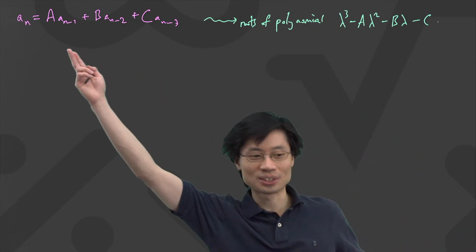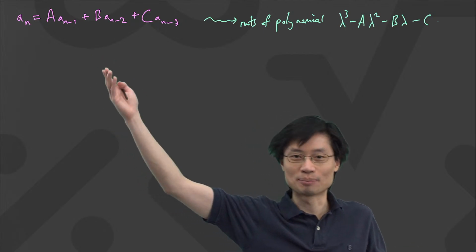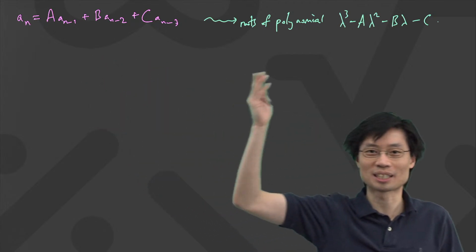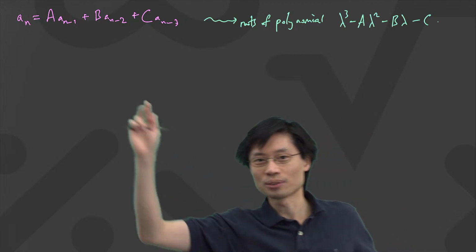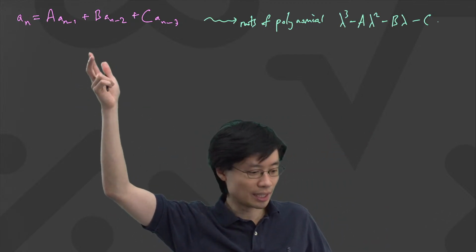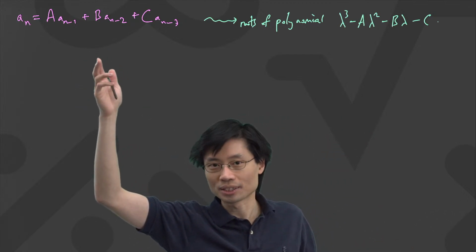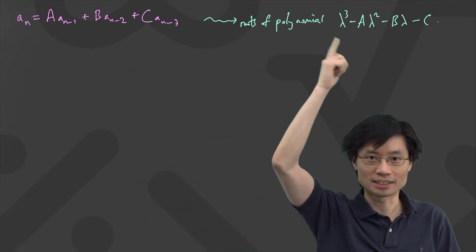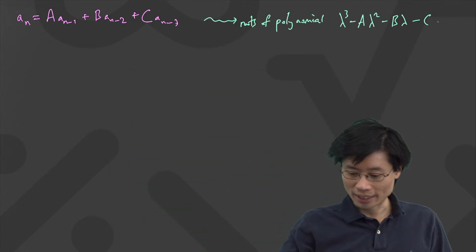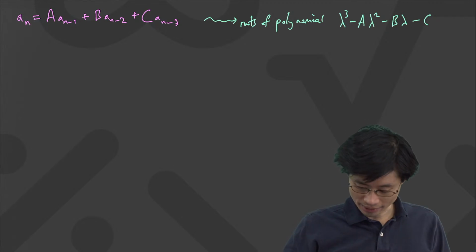Now you see why I chose to write a times a_{n-1} plus b times a_{n-2}, because it just goes in the same order. If you changed the way you indexed over here, if you wrote a times a_{n-3} and so on, then this won't be as nicely ordered. Okay, find the roots of the polynomial. If they're distinct,